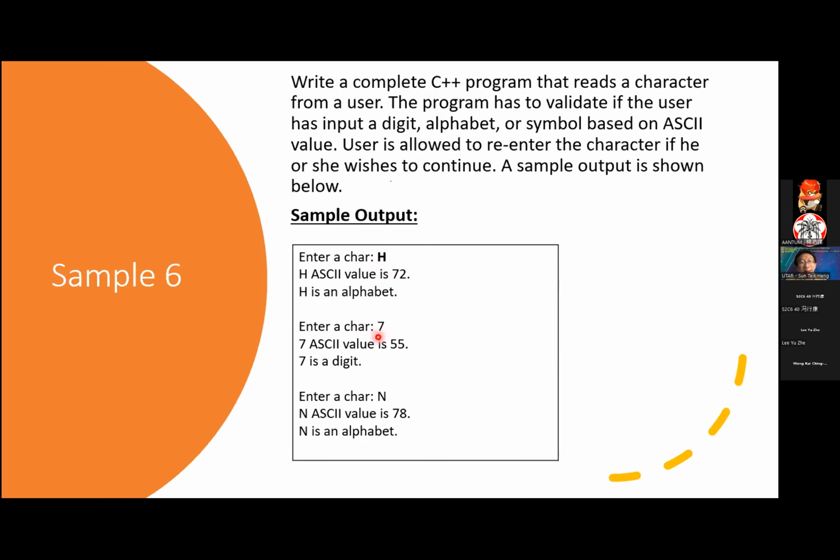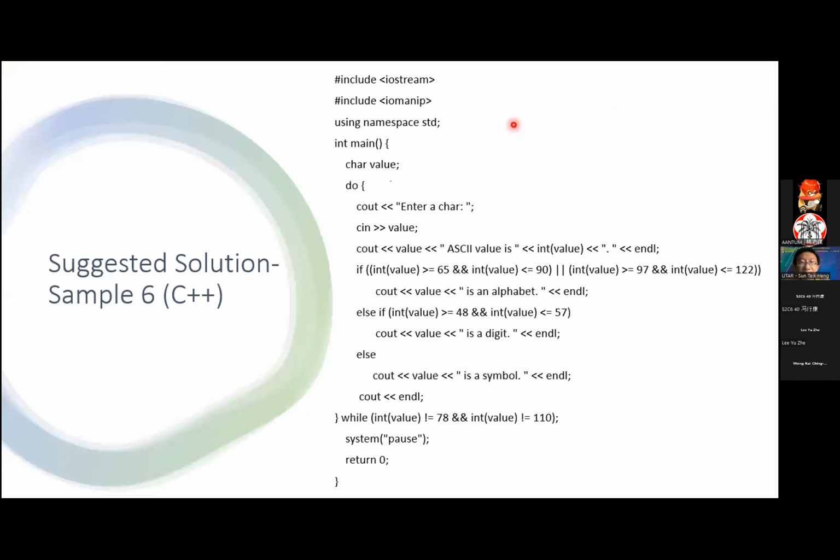It will also display that this character H is an alphabet. If the user enters 7, it will show that the ASCII code is 55 and 7 is a digit. But if the user enters n, you display that the ASCII code for n is 78, n is an alphabet, and the program will terminate because the condition is that the program terminates when the user enters the character n. And of course, you need to refer to the ASCII code table,